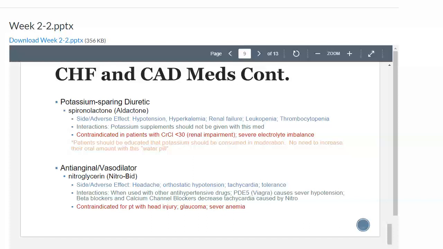So if they're still having problems, they can call the doctor and let them know what their heart rate is, because some of them affect both heart rate and blood pressure. Some just only affect blood pressure. Some just only affect heart rate. So that's the kind of teaching that we need to do with these patients. And of course, others may affect their electrolyte balances and electrolyte levels as well. So that's the kind of teaching that we need to do with these meds,